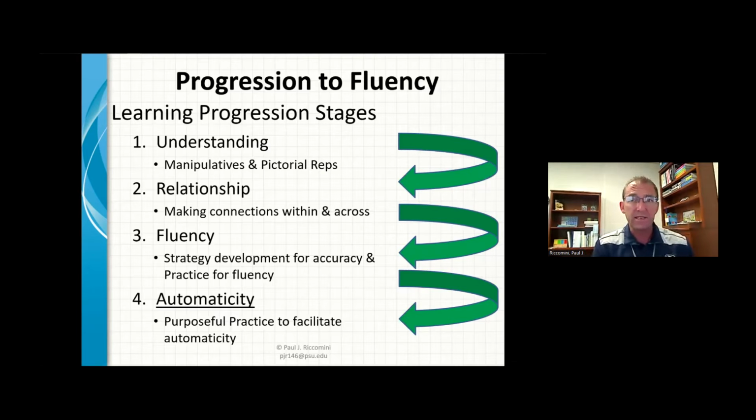Speed, quickness, efficiency, effectiveness, strategicness is not a focus initially. It's get the kids strategies that they understand how to use. Number talks fits in really well in stage 2 and 3, in my opinion. Actually, stage 1 too, but really 2 and 3 is where number talks can be very, very beneficial.